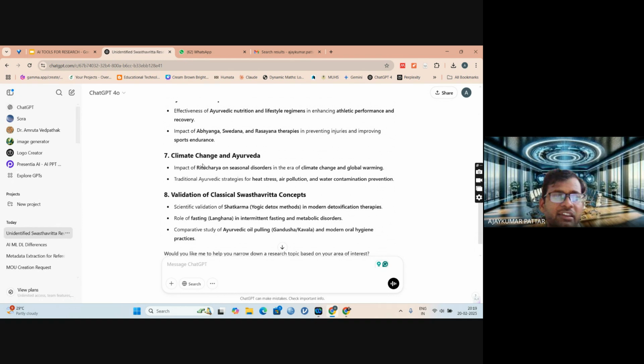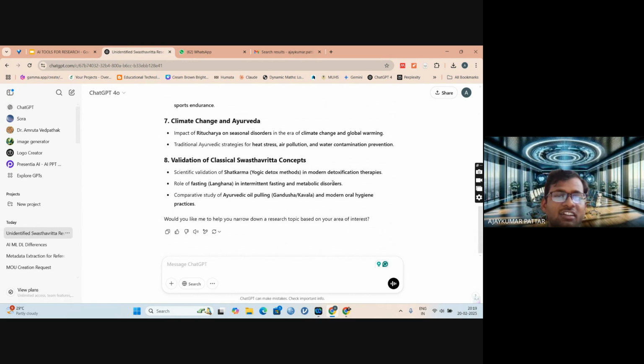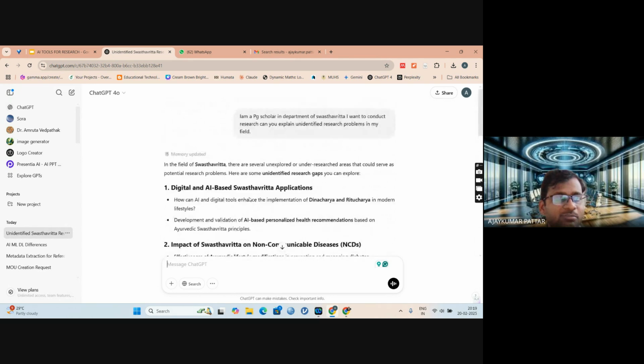See here: impact of Ritucharya on seasonal disorders in the era of climate change and global warming; traditional Ayurvedic strategies for heat stress, air pollution, and water contamination prevention; and validation of classical Swastavritta concepts like Shatkarma, fasting, and Ayurvedic oil pulling. So ChatGPT is providing these kinds of broad ideas.